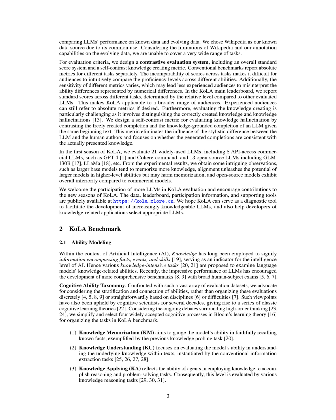We've chosen 4 basic cognitive processes from Bloom's learning theory to structure the tasks in our KoLA benchmark. First, there's knowledge memorization, or KM, which tests how well the model can recall known facts. This is similar to past tasks that probed the model's knowledge. Second, we have knowledge understanding, or KU. This aspect looks at how well the model can comprehend the inherent knowledge within texts, something akin to traditional information